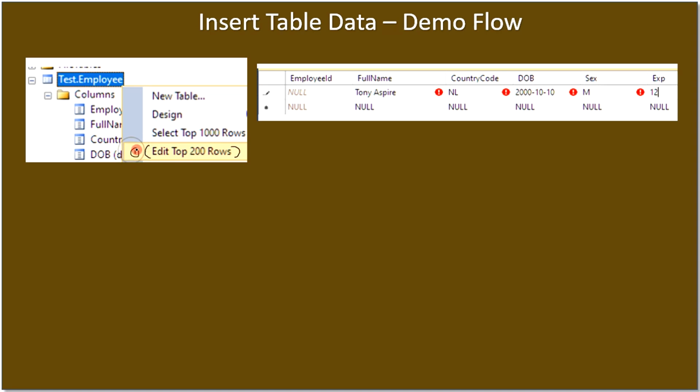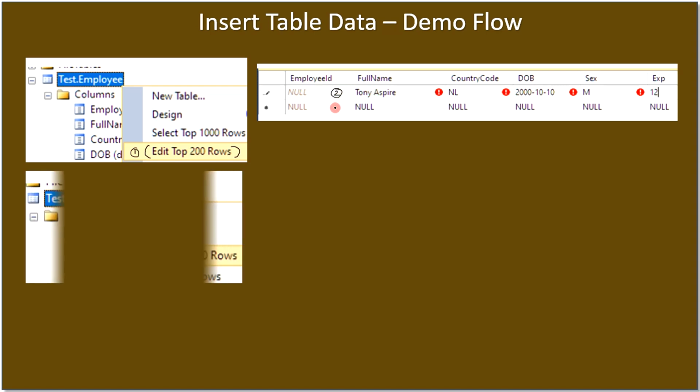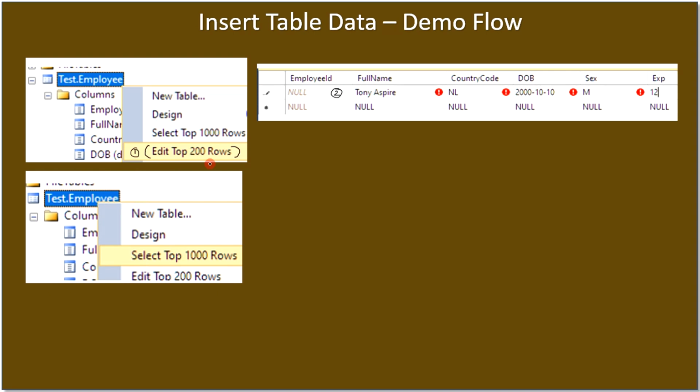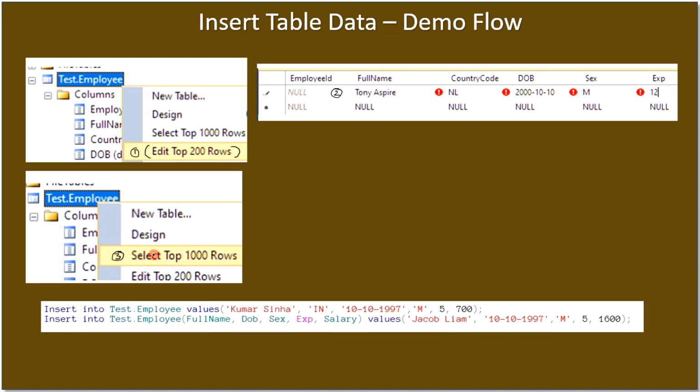Once a row is filled, you can start typing the second row. Then after inserting the rows, you can select top 1000. This way you can view the sample data, or